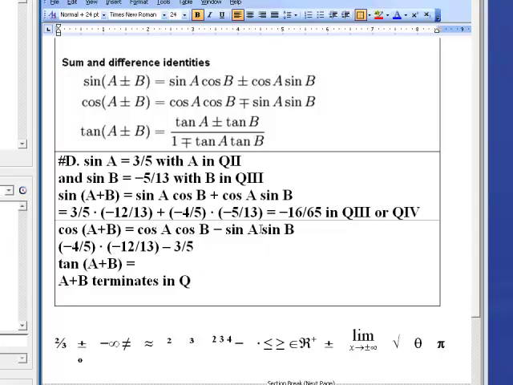And sine B was given as negative 5/13. And again, I'm double checking with my notes that I got it correct, and it sure looks like it, and I come up with, again, an unwieldy fraction of 63/65,